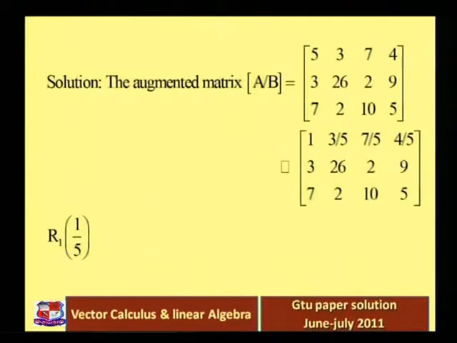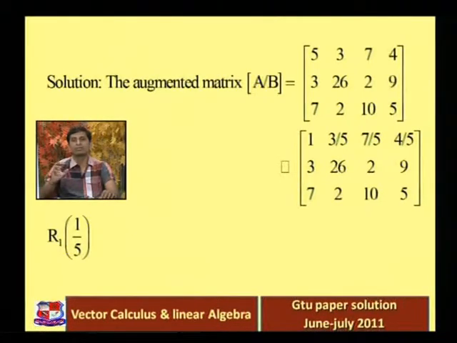because we are trying to make the given augmented matrix into a row echelon form. Otherwise we cannot solve it, right? If you want to solve this system of linear equations, we have to convert the augmented matrix into a row echelon form, and you should know all the conditions of row echelon form, right? The first condition is that below the leading entry all the elements should be 0. Going from above to below, the leading entry should move from left hand side to right hand side, and if there is any zero row, that means any row whose elements are all 0, that should be at the bottom of the matrix.